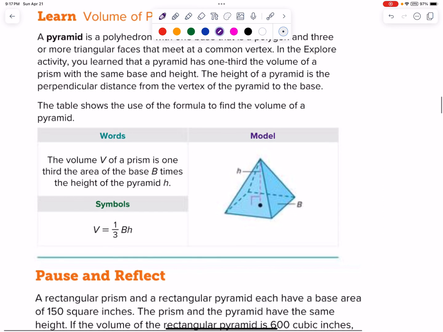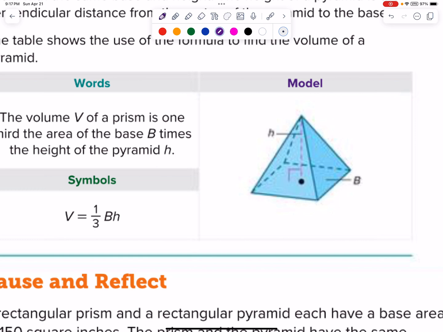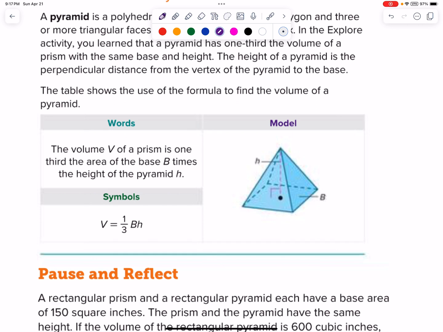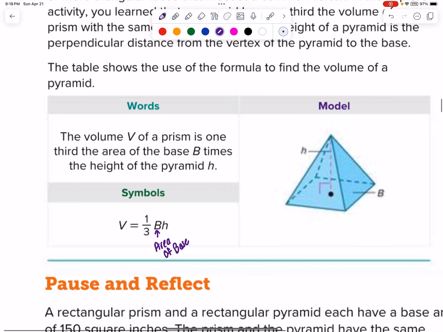Pyramids have a different formula. Their formula is 1/3 big B times H. So instead of the normal big B times H, we have this extra 1/3 in front of it. Okay, so something to just be aware of. Big B still means area of base. Okay, so just be aware of that, and we just look at the size of the base,